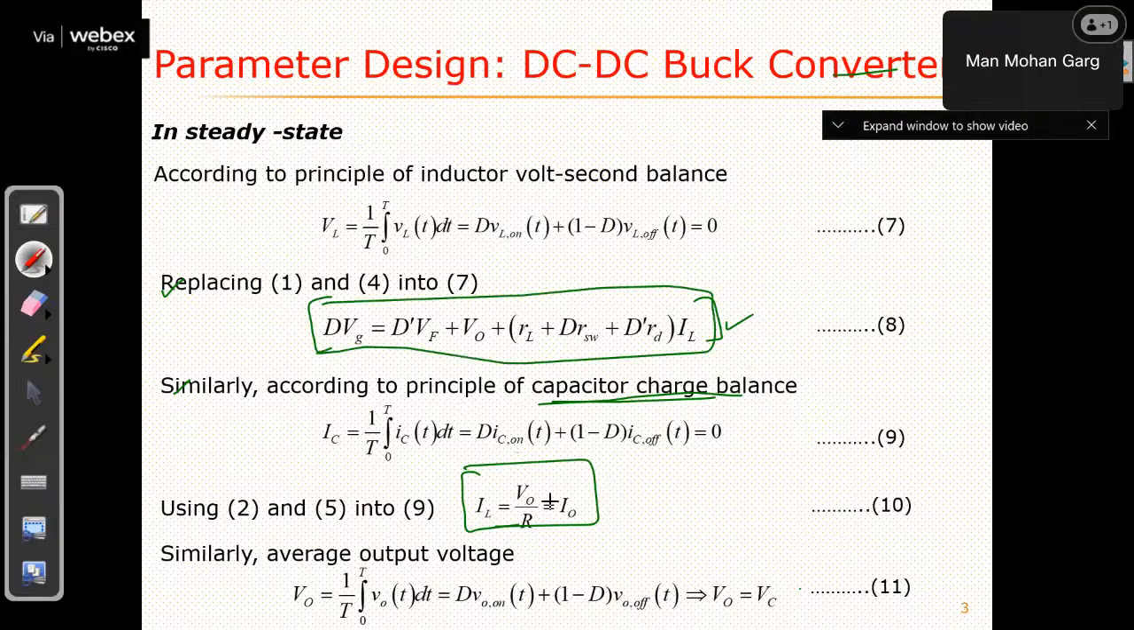Now you can see that if we replace IL equal to V naught upon R over here, then